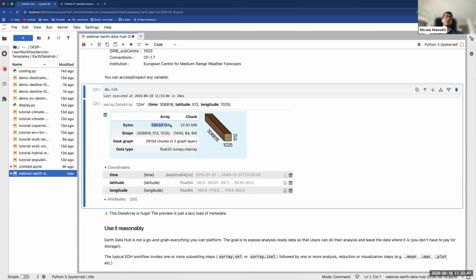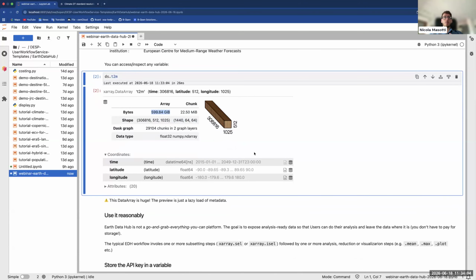Another thing that is quite interesting to look at is the size of a single variable, which even if this is the standard resolution ClimateDT dataset, is around 600 gigabytes of data. So you can guess we didn't download all this data just by accessing the dataset, and you shouldn't even be trying to download all the data at once.